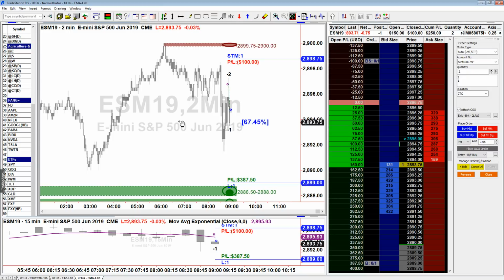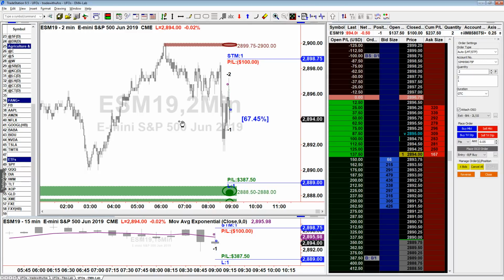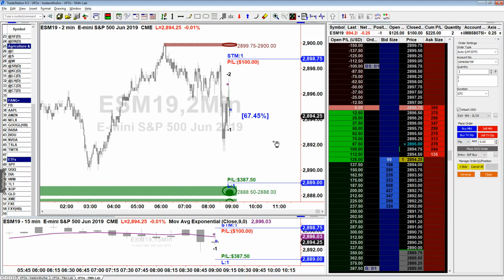Okay, so right now I'm just watching this, especially because some of you are in the trade with me, so some of you have real money on the line, and I want to assist you as much as possible. The first trade, the way I entered on the high was not ideal, and I'm sure we had a little bit of a smile on our face when you saw what happened. I understand that only very few of you would have entered that trade, but this one I know a bunch of you are in.